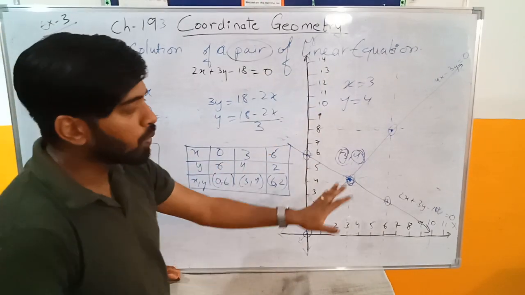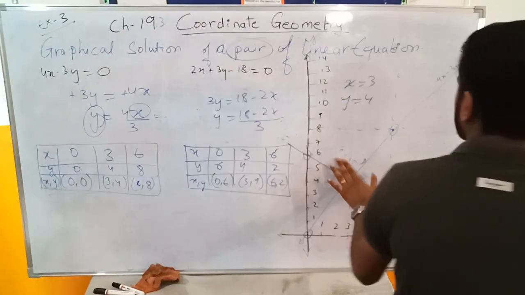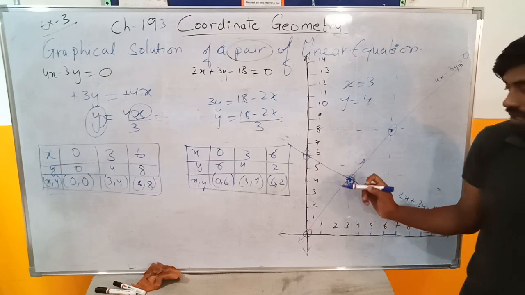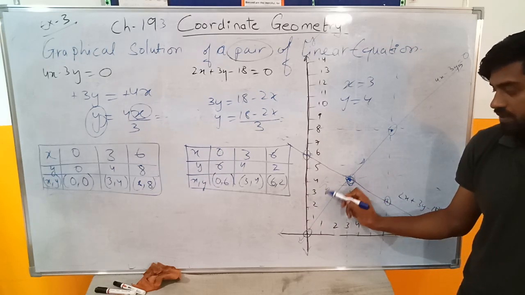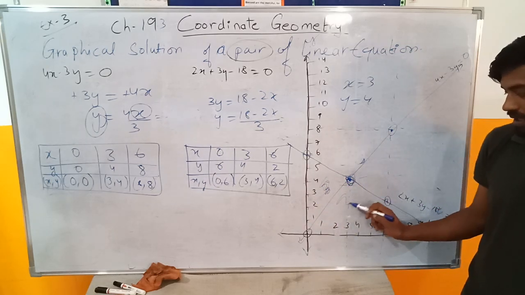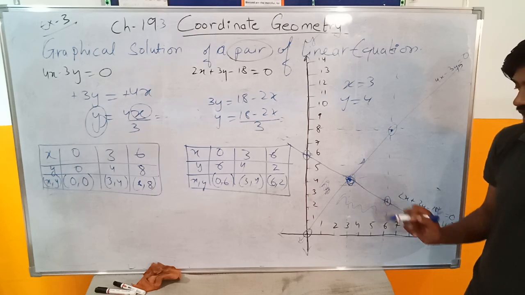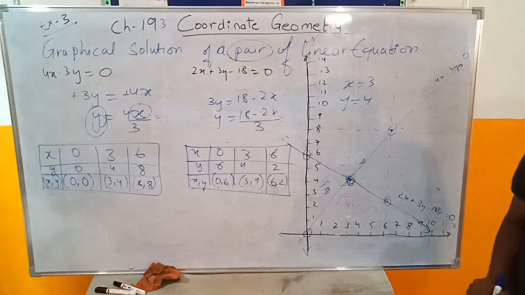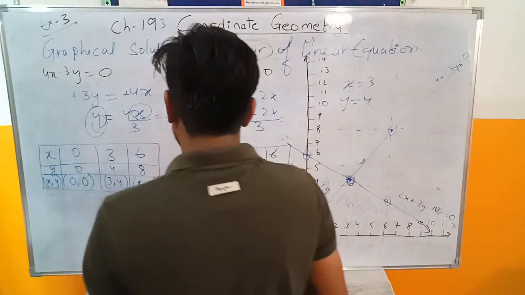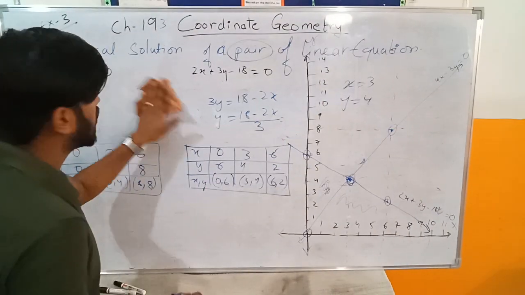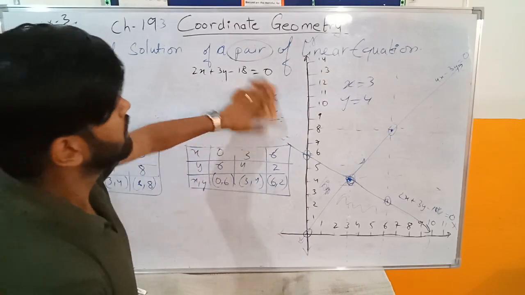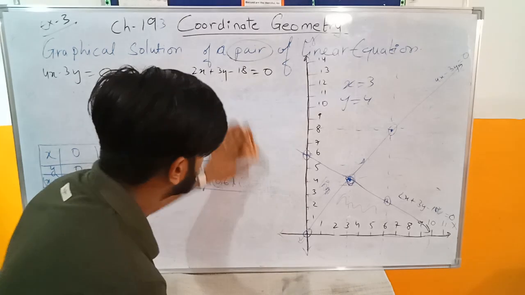But this is not what they asked me. Okay, what did they ask me? They said find the ratio between the triangles. So one triangle is this, if you guys can see. The other triangle is this. I have to find the ratio between the triangles, right? So I can name them. I'll rub this whole part. If you want to see this again, you guys can rewind the video and go back and see. You'll be able to see that.